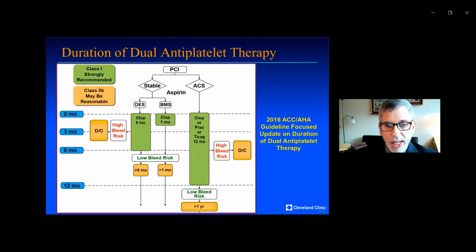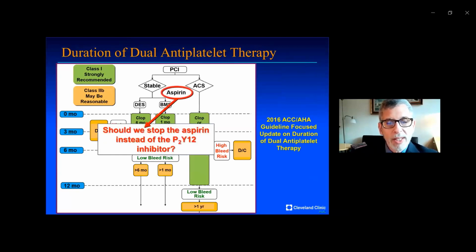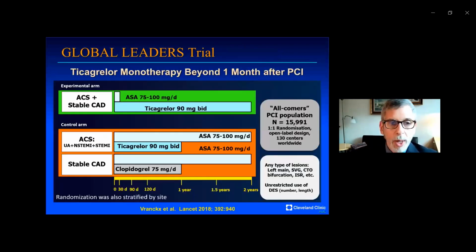So the results of these studies raised an important question, perhaps outside of the setting of atrial fibrillation. Is there an indication to modify our dual antiplatelet therapy? As you know, there's currently an algorithm based upon bleeding risk and upon indication for how long you continue the P2Y12 inhibitor. But the question is, should we instead be looking at how long we should continue the aspirin instead of stopping the P2Y12 inhibitor? This was addressed with a couple of small trials which were non-definitive in any way,